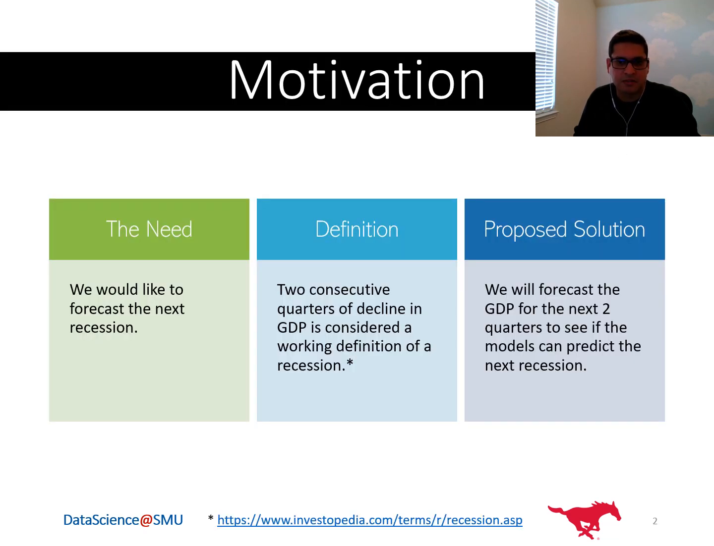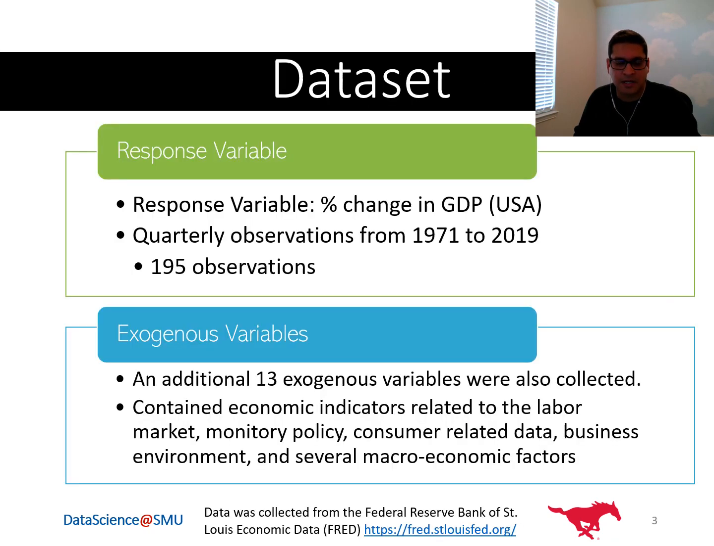By some definitions, a recession is defined as 2 consecutive quarters of GDP decline. So we are going to build a model to predict the GDP for the next 2 quarters. Our dataset consists of GDP for the USA from 1971 to 2019. We also collected 13 exogenous variables, but for the purpose of this presentation, we're going to focus on the univariate